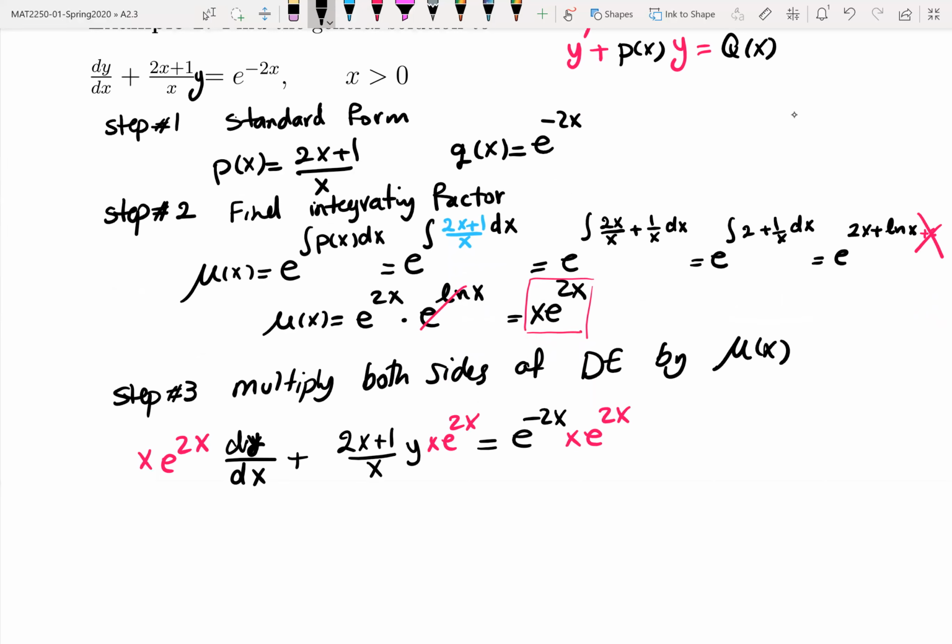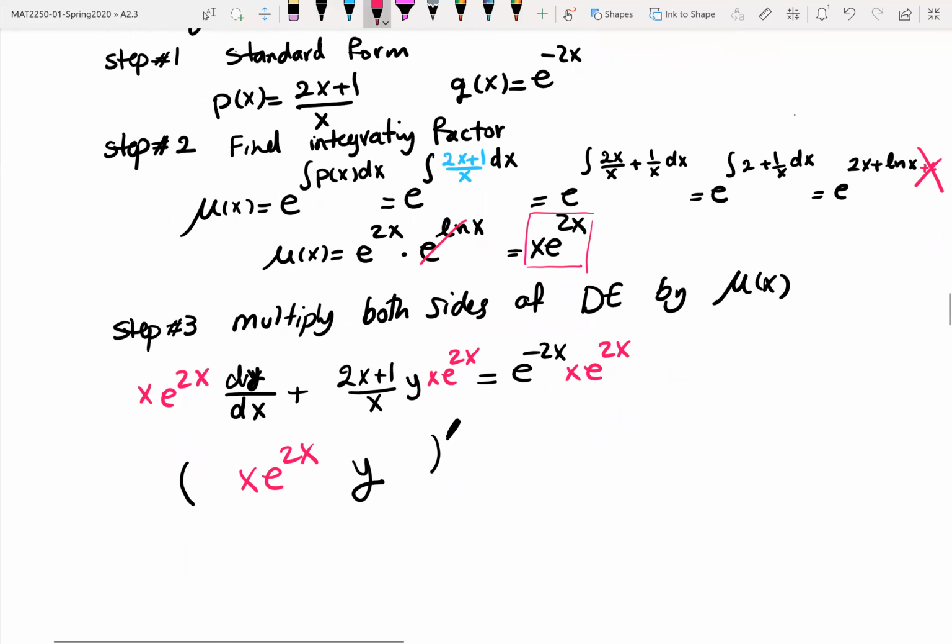Then the left side you need to remember is always, always, always the derivative of a product rule. One function is always y, the other function is always your mu. So you can test one more time whether that is true. If I go by product rule,